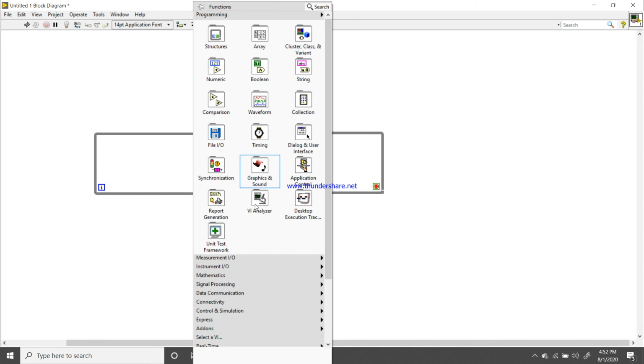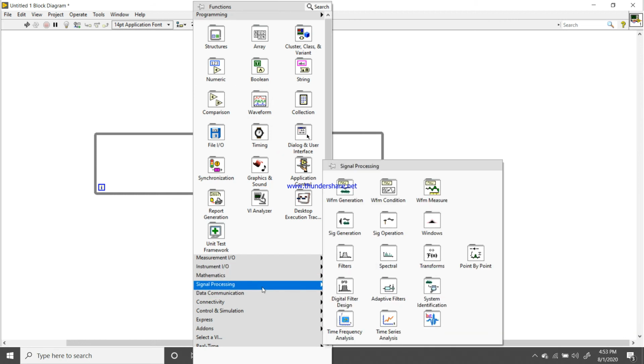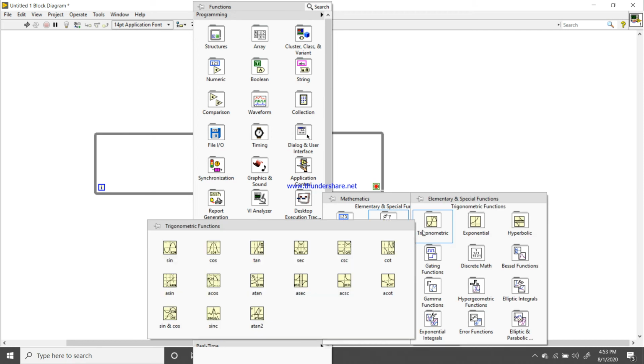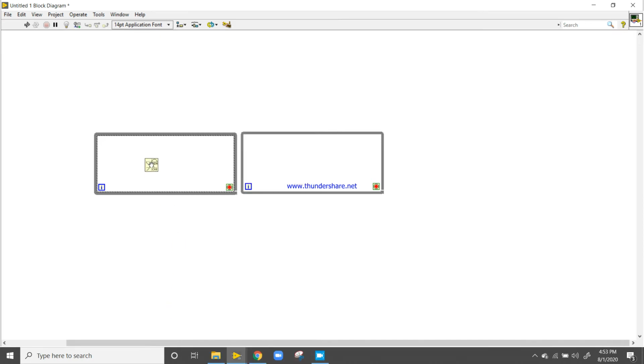Now right click, come here, Mathematics, Elementary, Trigonometry, sine. Sine and cos. So where is the sine and cos? This one is the sine and cos. Okay, so now let's take sine and cos.